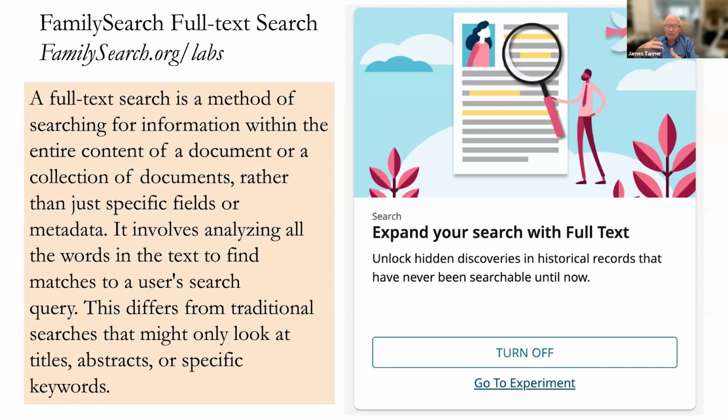the indexed name could have been misindexed. It may have been skipped. It may not have been able to be read in the text. The person we're searching for may never have been the primary person in a document. They were always kind of secondary, and they're listed in a document like a will, or a deed, or a probate file where the property was transferred after the death of a person. And all of these areas were subject to some level of indexing,